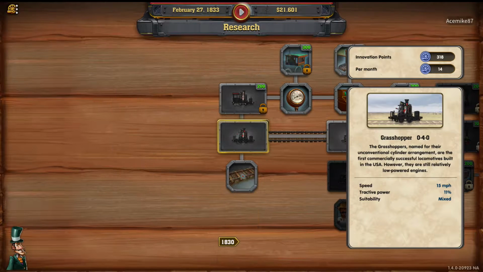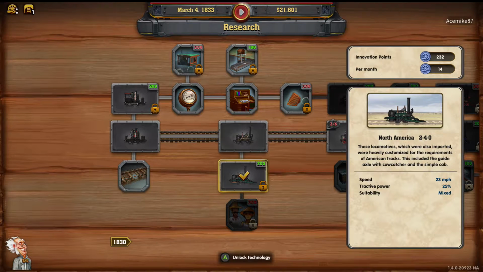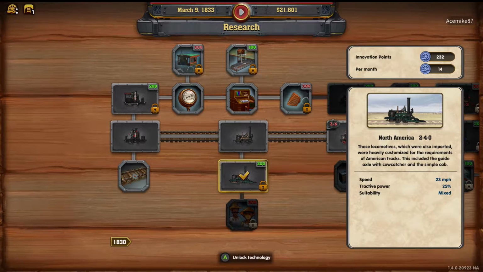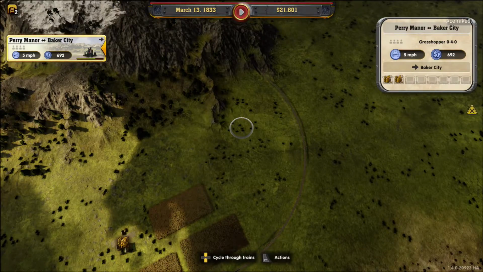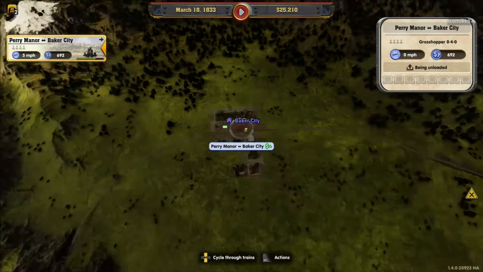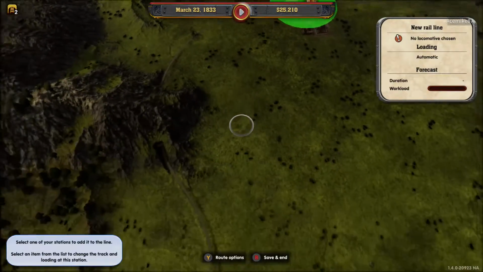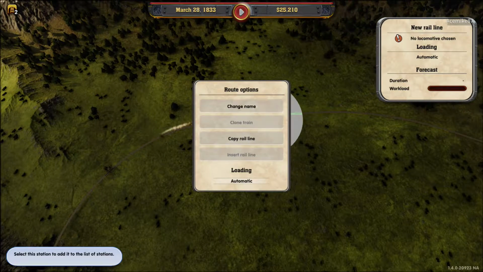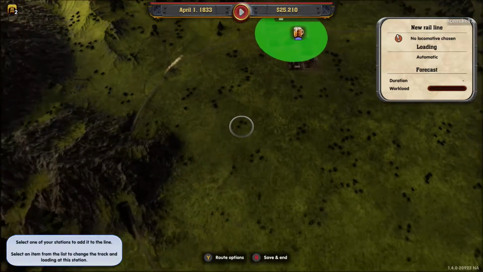He who saves wins. Choo choo. Excuse me, I got a bit carried away there. Okay, we've done some more research. Why can't I access the new train? Rail line, there we go, so that's what we wanted. So, route options. Okay, so we can...